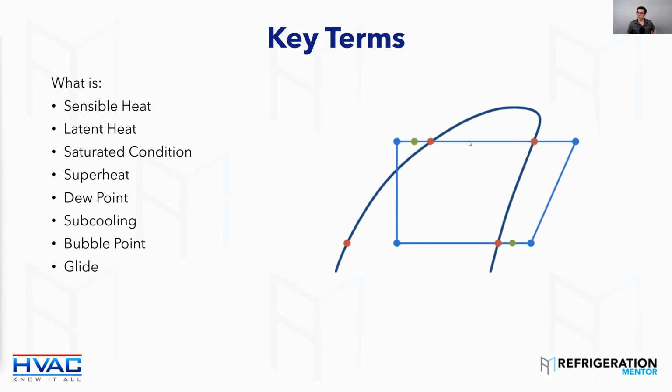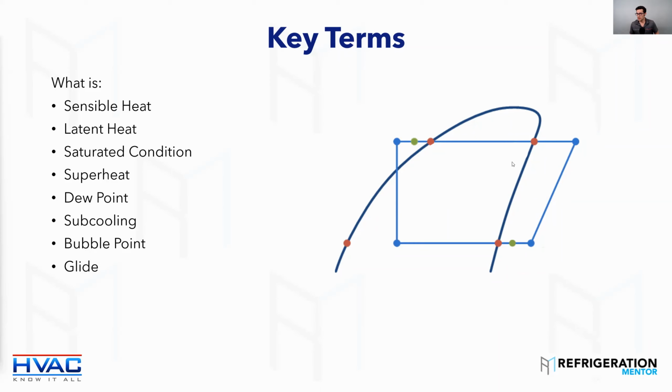Yeah. So if we look at this line right here, for example, R22 is a single blend refrigerant. When you think and talk about R22, it's a single blend. You'll look at this temperature right here, at this point, and this temperature. I'm just making up numbers. Say at 50 psi, it's 20 degrees here and 20 degrees here. Bubble point's 20, dew point's 20.